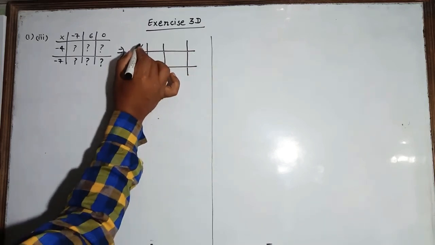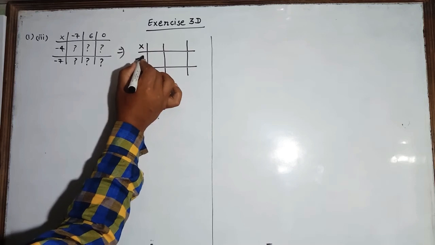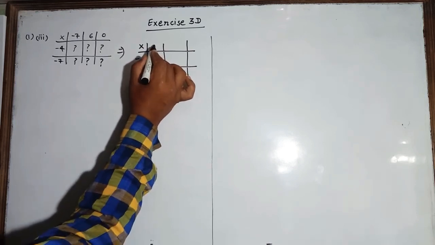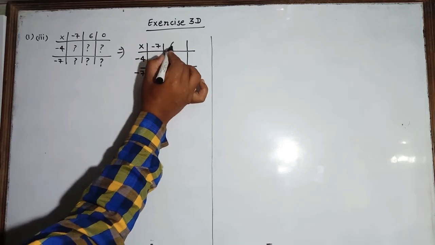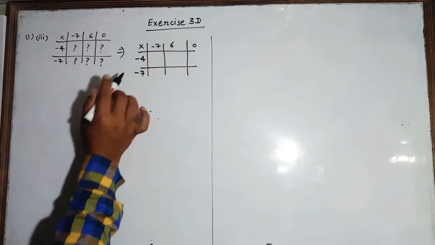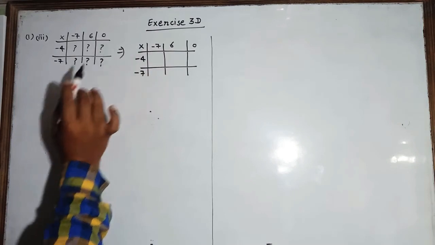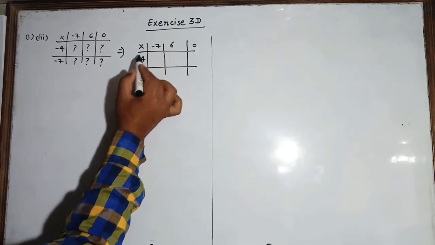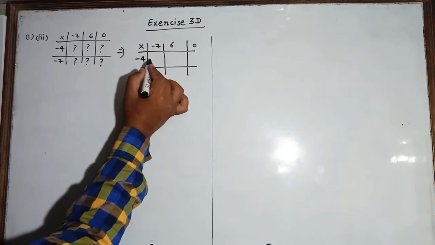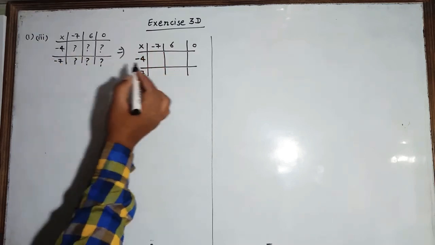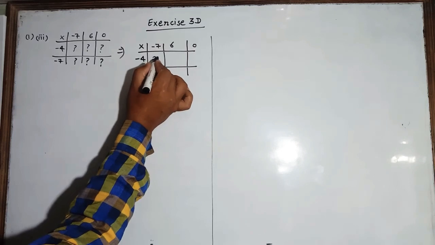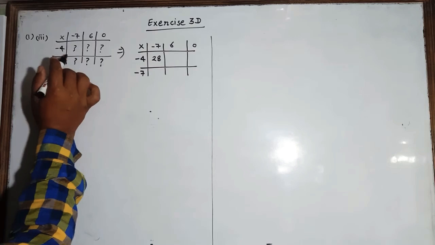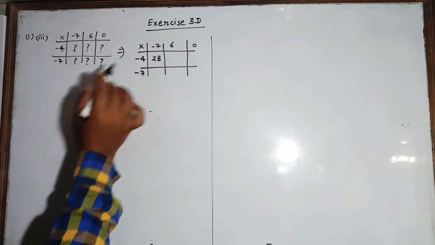See, the multiply sign is here. -4 is mentioned here and here is -7. Here you can see it is -7, 6 and 0. Now the operation is multiply. So what you will do: 4 times 7, minus into minus, our result will be positive, and 7 4s are 28. So plus 28 will be our answer. Means at the place of this question mark, the answer will be 28.